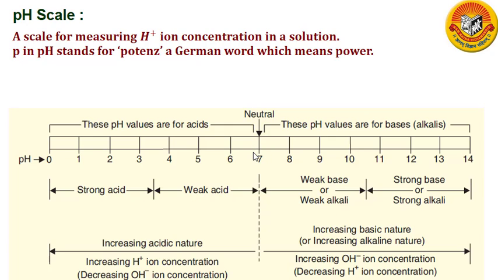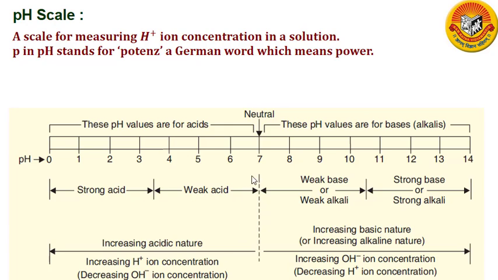When the value of pH is between 0 and 7, the solution is acidic. As we move towards the left, that is from 7 to 0, the solution starts becoming acidic. Here in the diagram you can see that pH between 0 and around 3.5 gives us strong acid, and between 3.5 and 7 it gives us weak acid. You can also see that acidic nature increases as we move towards the left from 7,